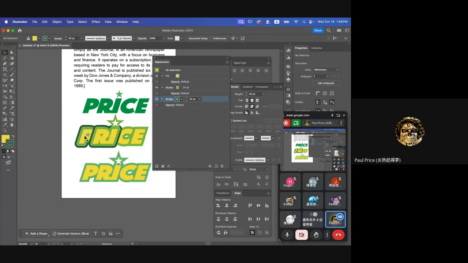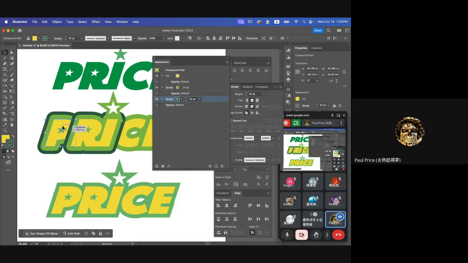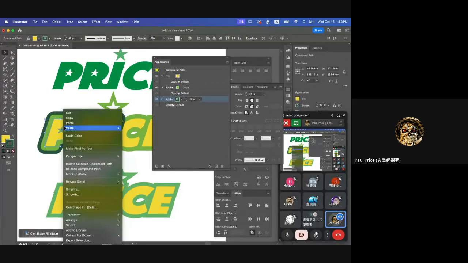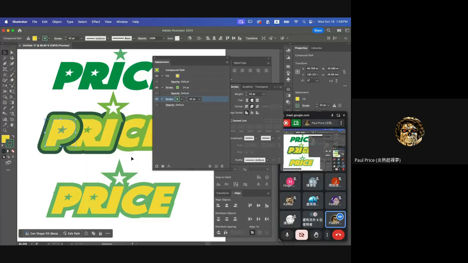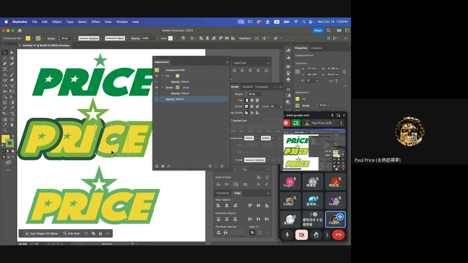But sometimes we need the P to be in front because it's kind of strange that the first letter P is underneath the second part of the design. So I'm going to select on the P, and then right click, arrange, and move to front. Okay. Now it's in front of that R. Okay. So for the rest, of course, I could go to that,